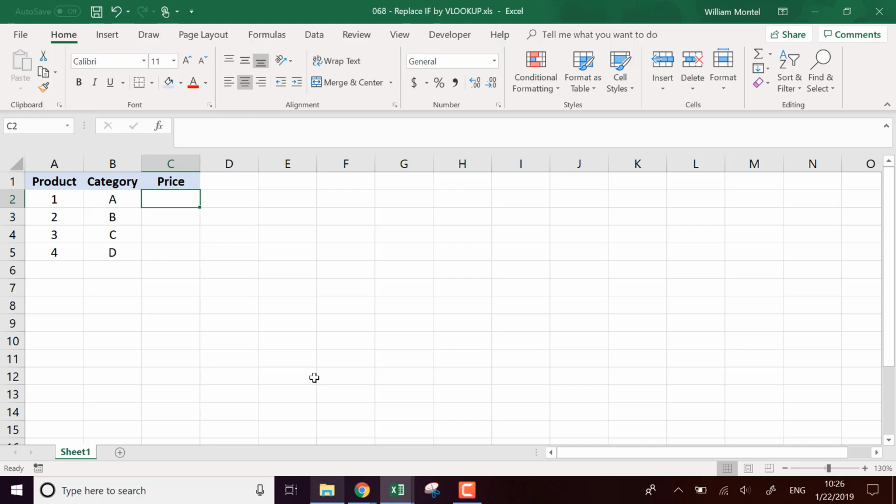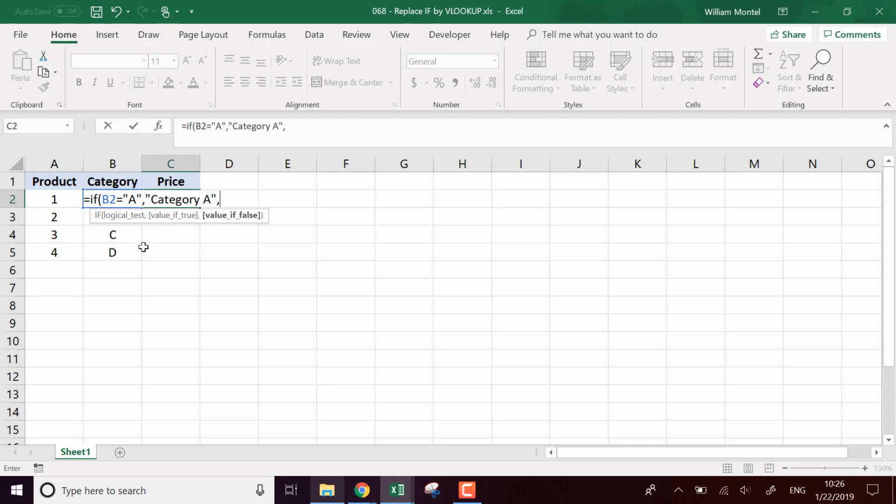So what we're trying to avoid here is, when you have some values, and depending on the value, you're gonna make if formulas. For example, if the value equals a, then we display category a. If it's not a, then we're gonna make a second test. So if the value equals b, I actually have to make a second nested if. If B2 equals b, then I'm gonna display something for b,